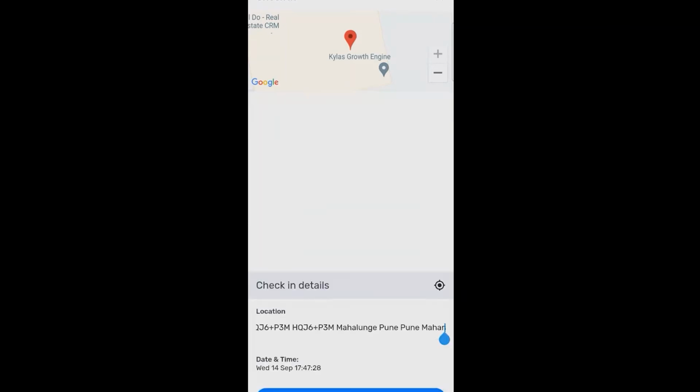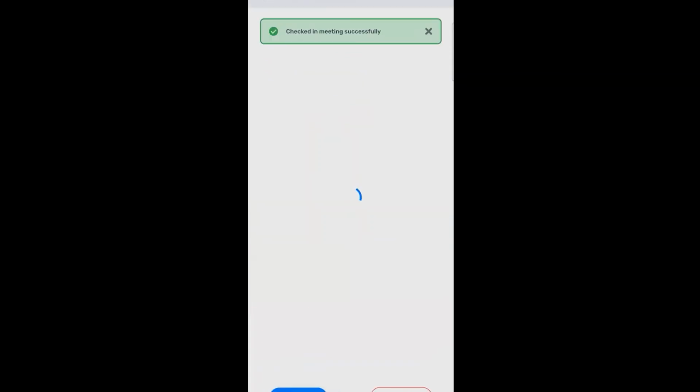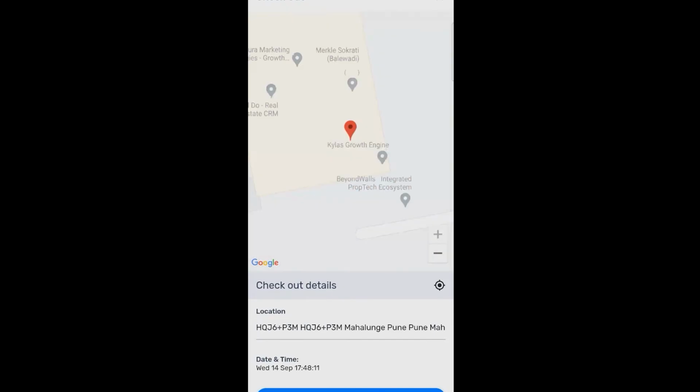Okay, if I confirm my location and click on confirm, you can see the CTA check-in is replaced by check-out. Now the meeting has started. I have already checked in. Now let's say the meeting has been conducted and I want to check out from the meeting. I will simply go to that meeting details page and click on check-out. It will again ask me to confirm my location, if I am still at that location. And once I confirm this,